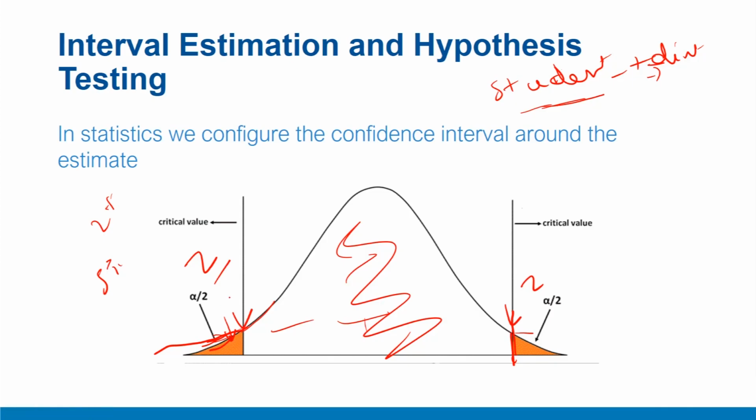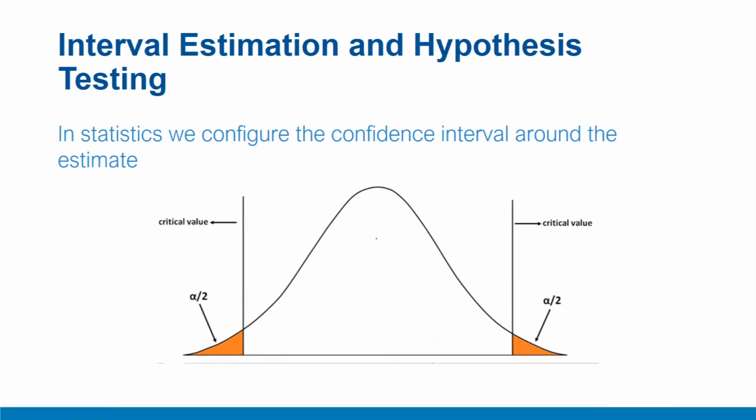So we try to find the corresponding t value corresponding to this alpha value. We try to find this t value, which is on this side. On the left side it is minus t alpha by 2, or plus t alpha by 2 on the right. Alpha by 2 indicates that this t value is corresponding to alpha by 2. So in the t statistic table, we take the values which are corresponding to plus alpha by 2 and minus alpha by 2. They are the same because of symmetry in the distribution.